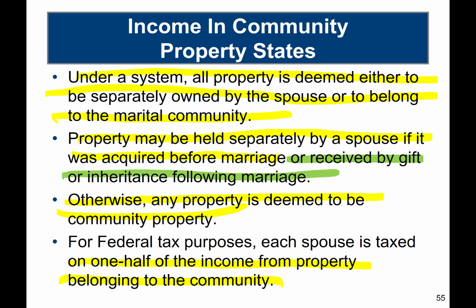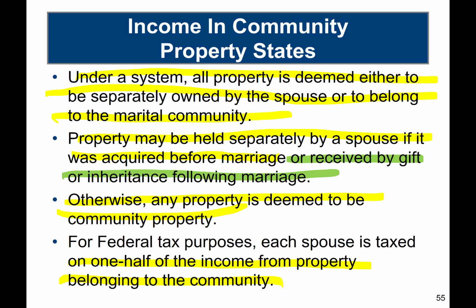I mean, we're using the term community here. The rules apply, but they only become relevant if we're married filing separate. Because if the two people are married filing jointly, everything's going to be reported jointly anyway, right? Person A's income, person B's income is all going to be reported on the joint return anyway. So even though it legally could still be separate income, from the tax standpoint, the only consequence is if two people file married filing separate.